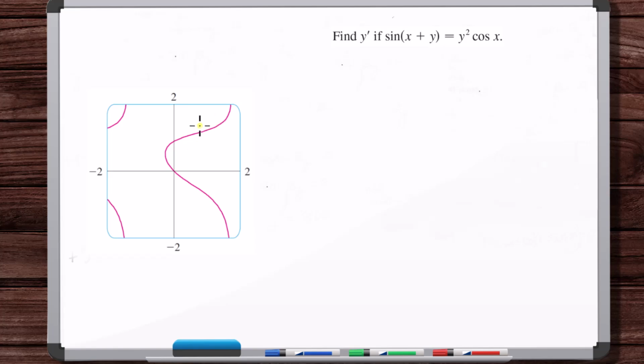Here is this: sine of x plus y is equal to y squared cosine of x. That's this here. What is y prime? Okay, so we've got sine of x plus y. Take the derivative of both sides, or take the derivative of the entire equation. So we've got